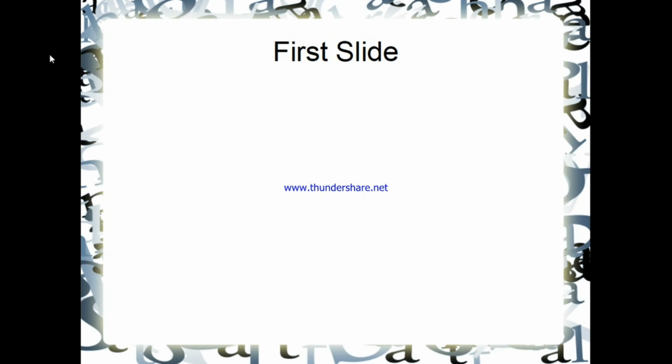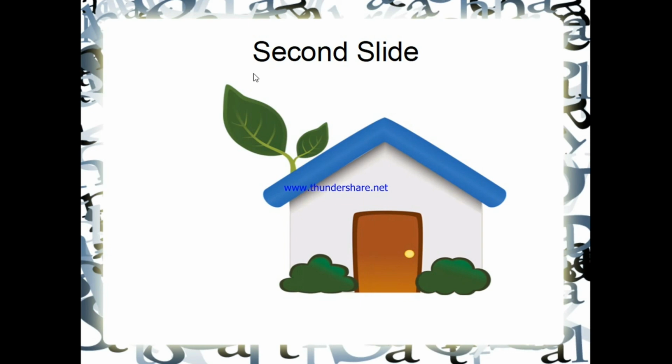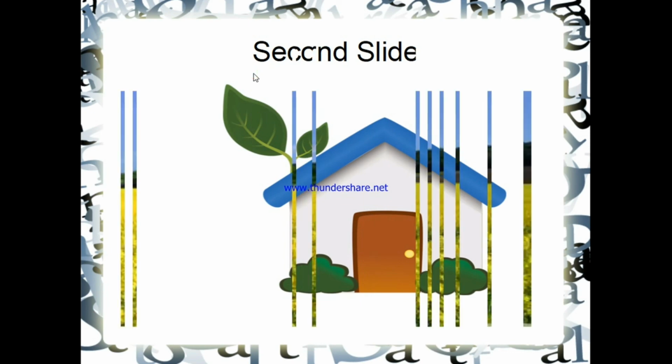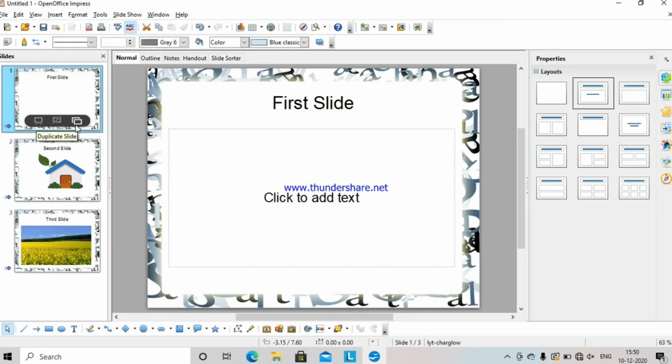To proceed to the next slide, either I left click the mouse or we can press the space button on the keyboard. This is my second slide. Again, to proceed to the third slide, I would click with the mouse. To exit from the presentation, we can either click exit or press the escape button.